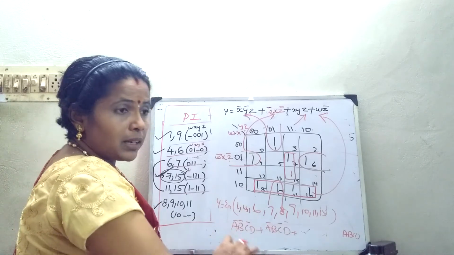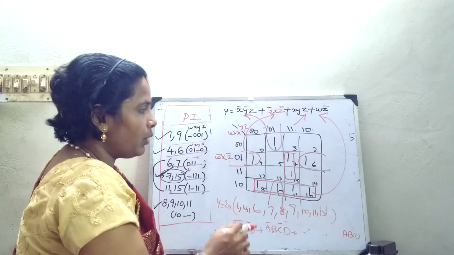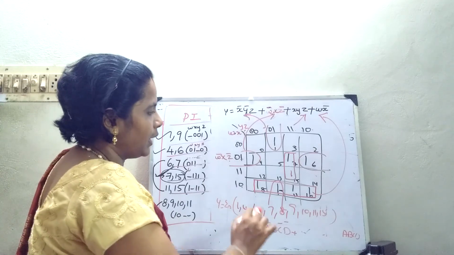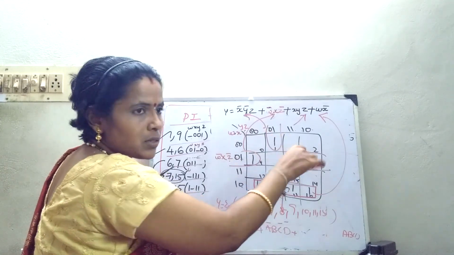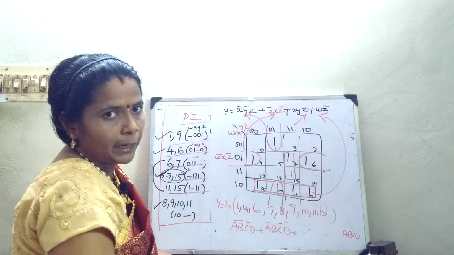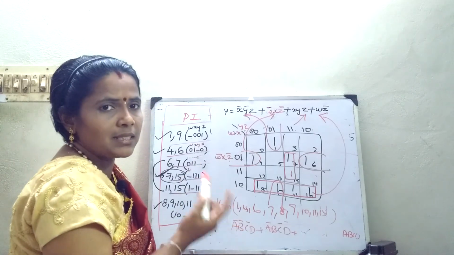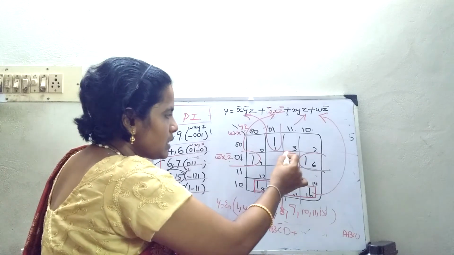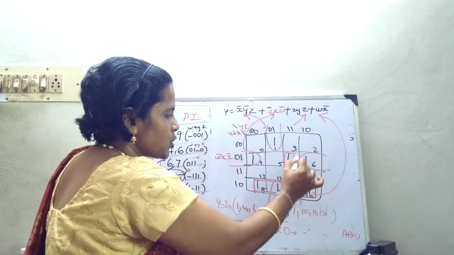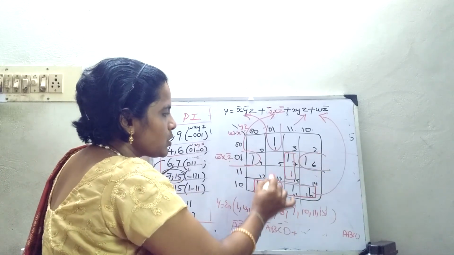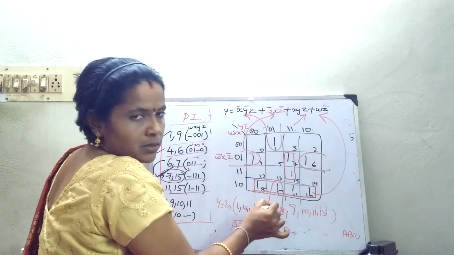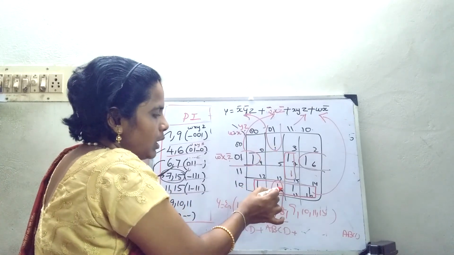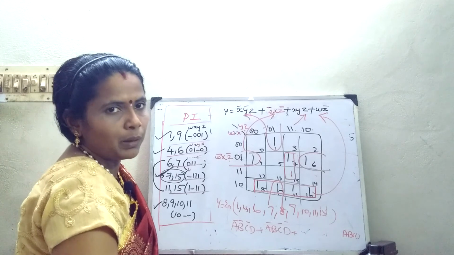Now, each term is called an implicant. In this, a reduction is possible. Whenever no more reductions are possible, each grouping is called a prime implicant. Among these prime implicants, which are the essential prime implicants? This is an essential prime implicant. This is another essential prime implicant. Whereas this is not essential because it is grouped twice. Whereas this is called a cyclic prime implicant.